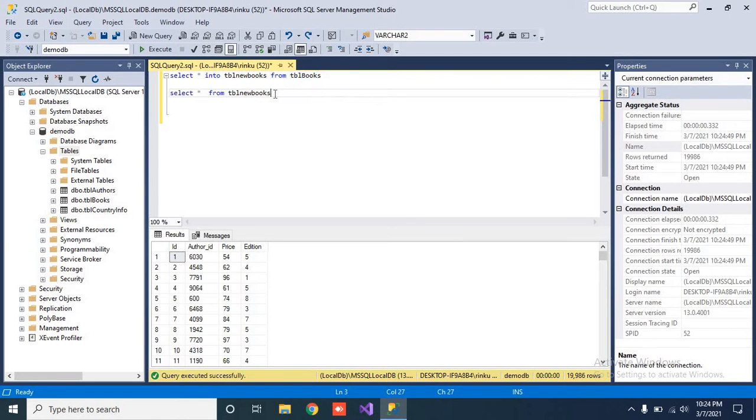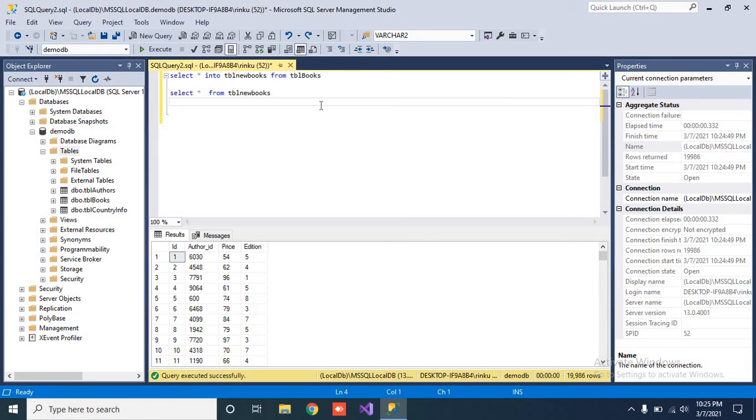It will just copy everything from tbl_books into the new table, with the dependencies and any constraints which exist in tbl_books. So this is about SELECT * INTO to get the data and structure from the existing table to the new table.